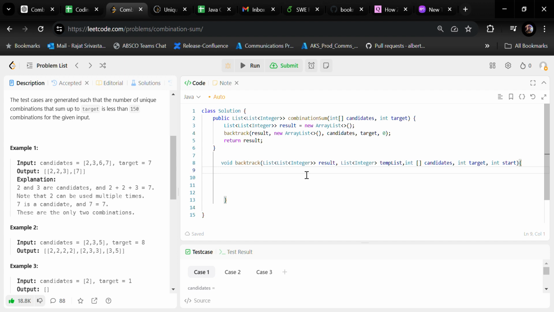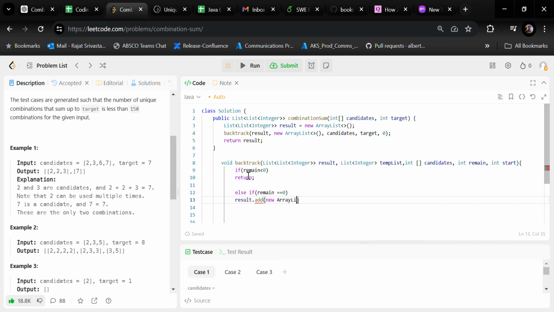So we should have a base condition which will check the target, which is basically the remainder. The base condition says if the remain is less than 0, then we have to return, and else if remain is equal to 0, then we have to add into the result array